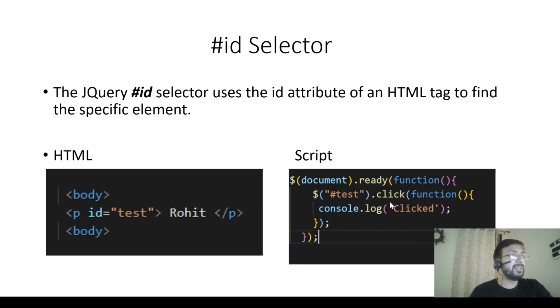Here, I have just added test.click, and I am just writing output in the console. This is one common scenario of how I can use the ID, but based upon your need you can enhance it; you can hide this particular element also. That is another thing we can do next. If we want to access the ID, the important thing is that in the script we have to use the hash. That is very important. Hash, then the ID, then whatever functions you want to use. So this is how we use the ID selector.